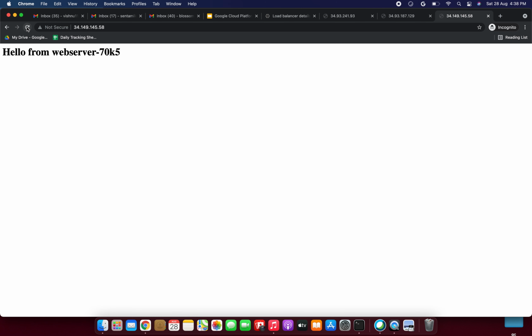That was the compute engine part. Next, we went to network services and configured the HTTPS load balancer. We updated the backend configuration, the backend service, which points to the instance group associated with the health check.